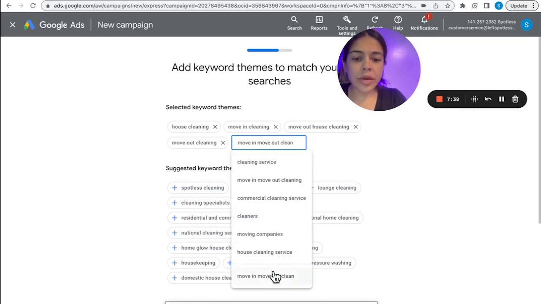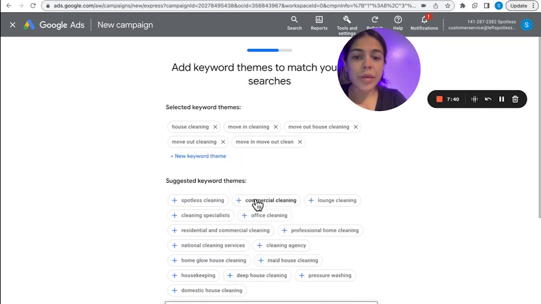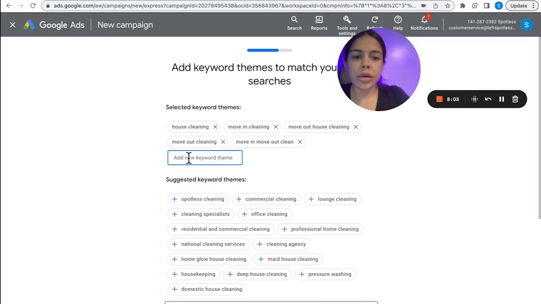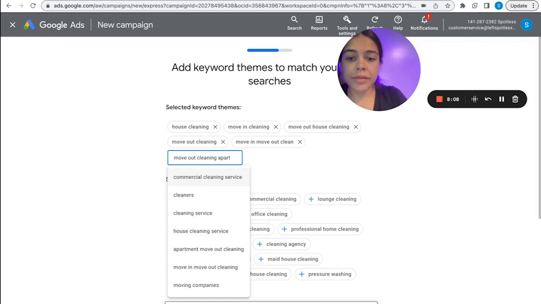Now, these words you want to be very specific with because, again, people are going to be clicking on your ads because of the words that you choose. So if you're not talking about deep cleaning in this ad set, let's stay away from those words. If you're not talking about carpet cleaning on this ad set, we're going to stay away from those words. And that's why you don't see me choosing the word deep cleaning. So we're going to do move out cleaning apartment